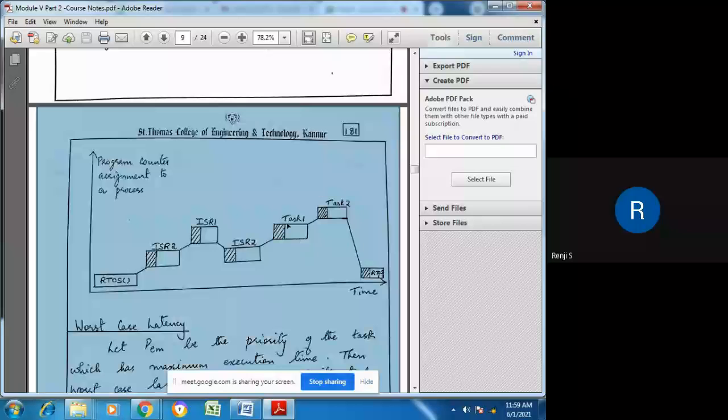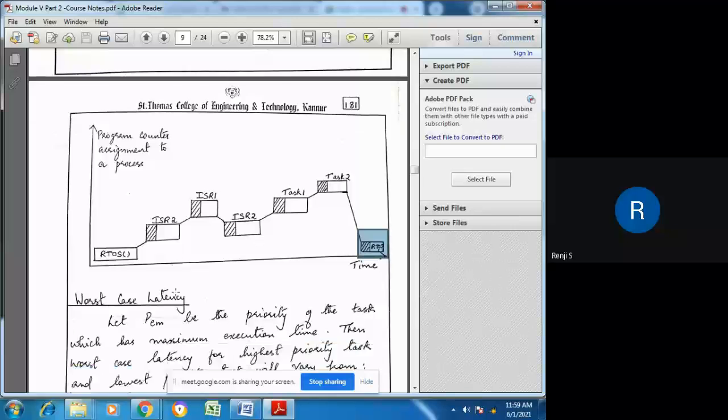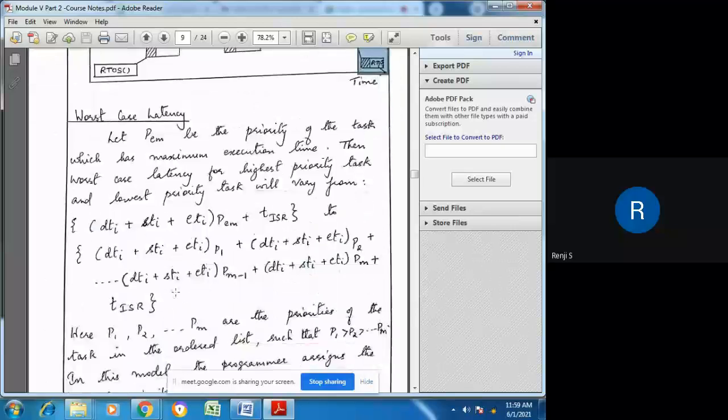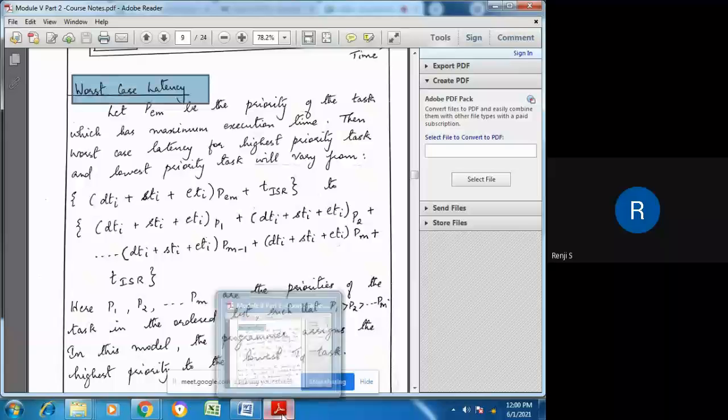So task 1 will be executed. And then when it completes its execution, it goes to task 2 and so on. When all tasks have been completed, again it returns to RTOS. Context switching happens to RTOS. And this shows the context switching of processes. Now here also we can compute the worst case latency.